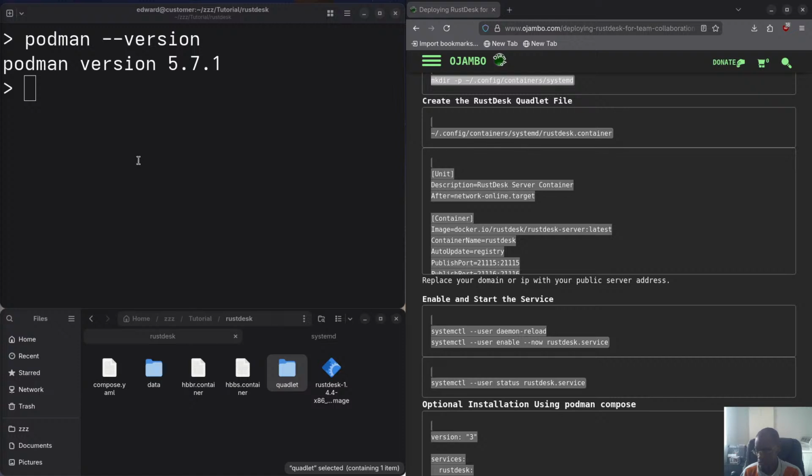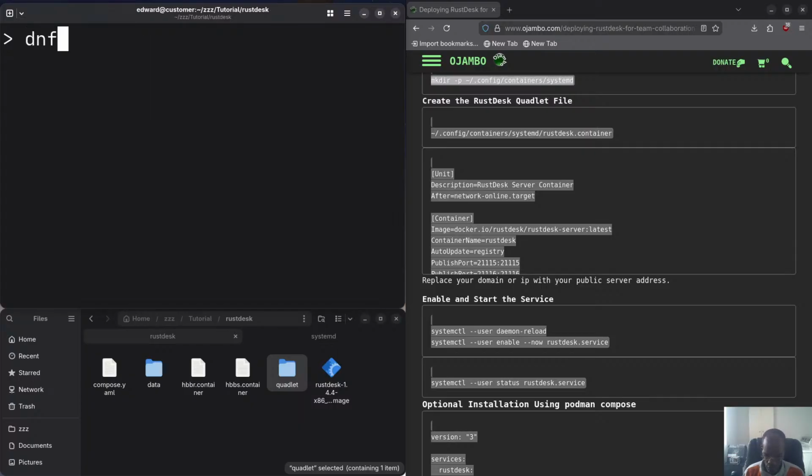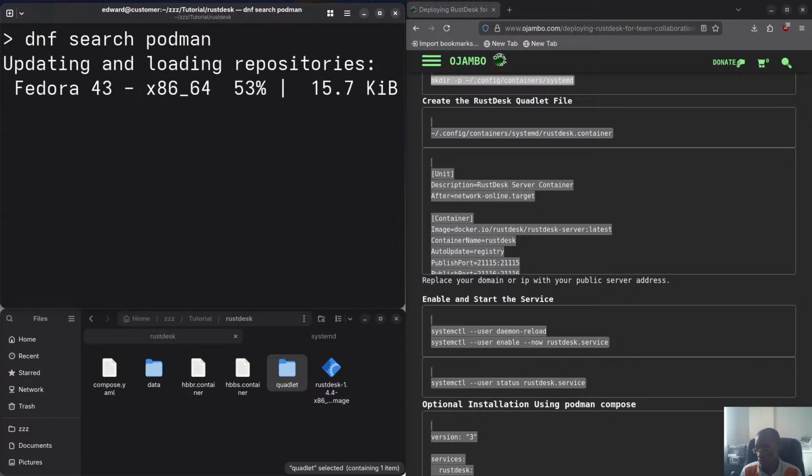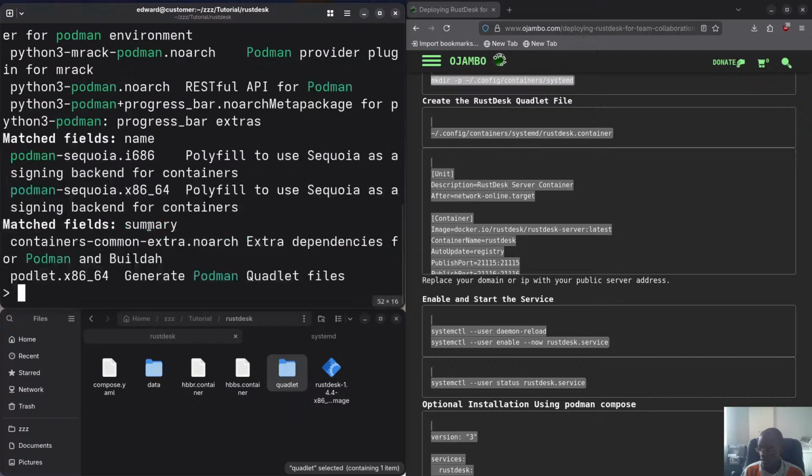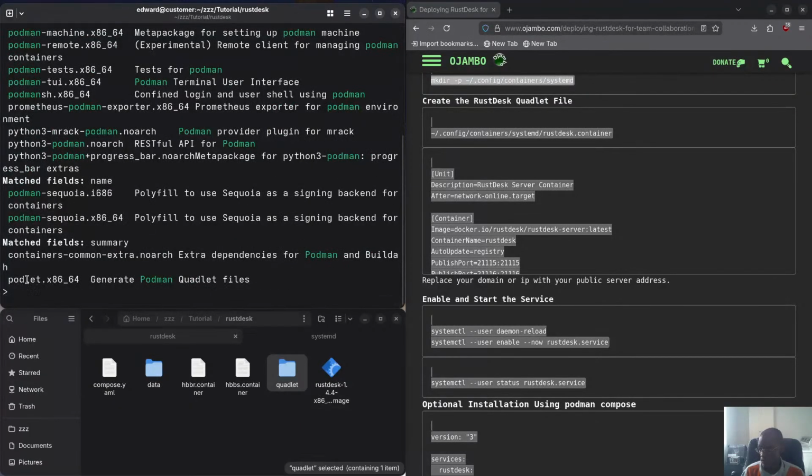so let me explain what I'm trying to say. Let's clear this. If I go dnf search and I type podman, you see there are some Podman packages. I'll zoom up. For example, this one is Podlet. See Podlet. This generates Quadlet files. I created my own Quadlet files, but this one will generate the Quadlet files for you. And you see there's some other stuff here like